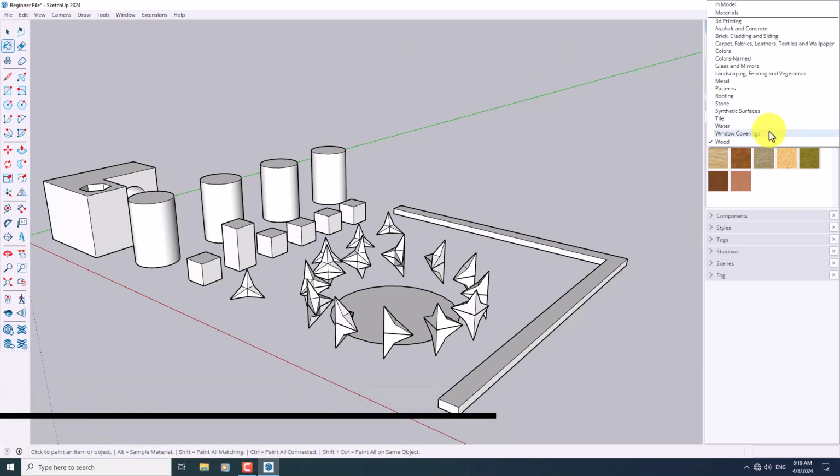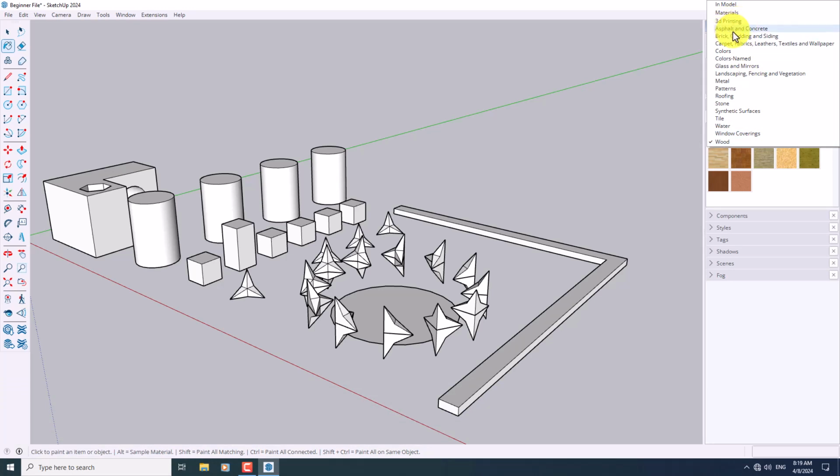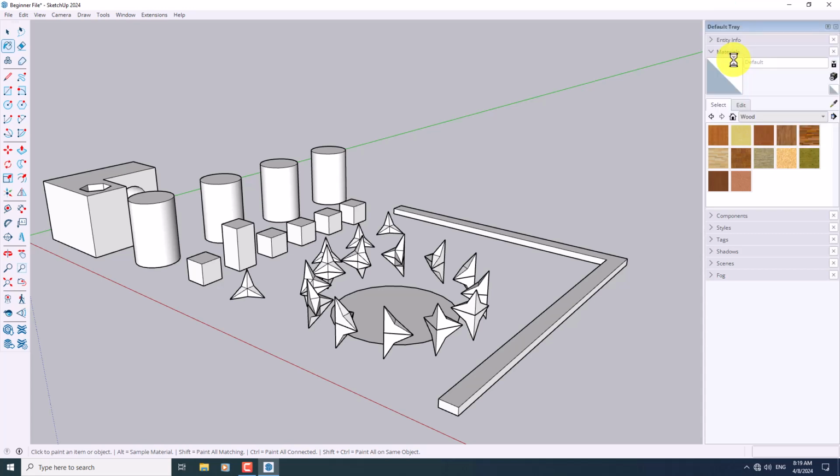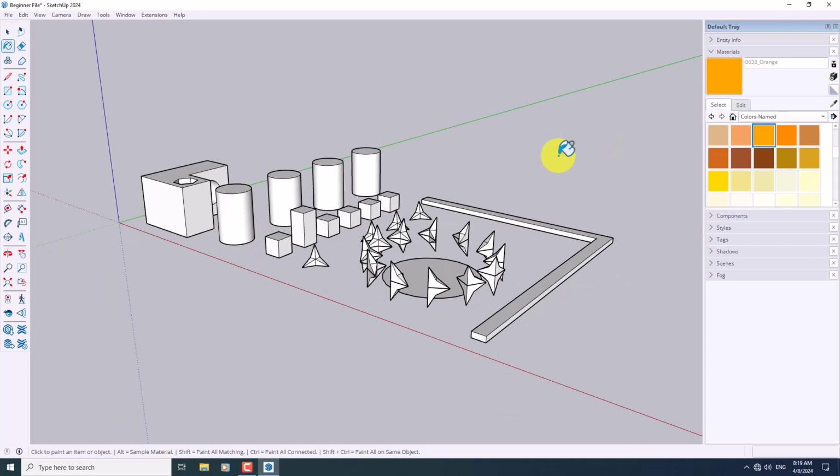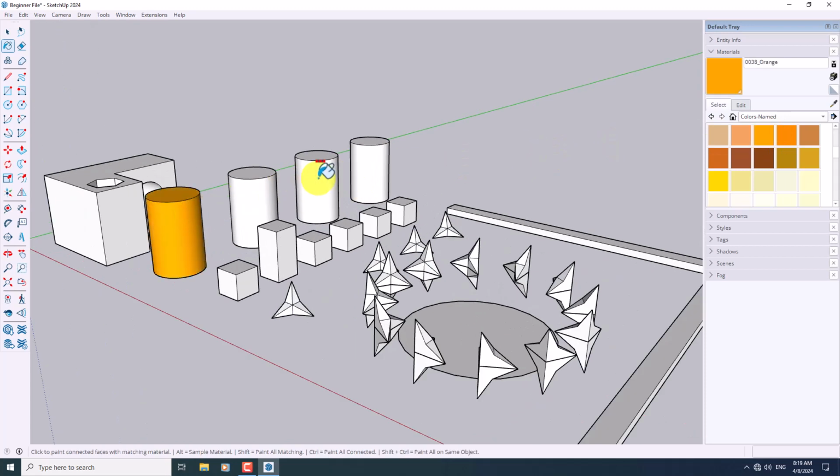You have multiple materials like 3D printing, asphalt, brick, colors, grass, landscape, metal, roofing, stone, water, and some other things. So I'm going to click on the colors in here, and I want to add some colors to my 3D model. For example, some type of orange color for these cylinders,